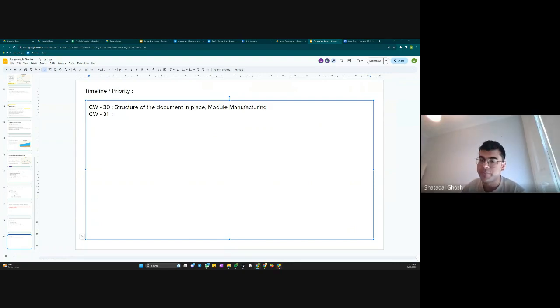So that would be the level of technical stuff I would want you to touch upon. For example, when you're talking of module manufacturing, you talk about the entire process, and then you could just touch upon how an ingot is made from polysilicon, or how a solar wafer is made from the ingot. Just touch upon, let's say, maybe 1 or 2 slides on the entire technology stuff,